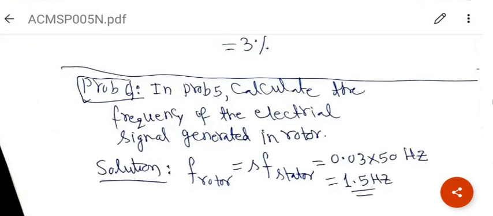But as rotor starts rotating, the electrical frequency in the rotor starts getting smaller. And this formula is based on simple relative motion between the two. So F rotor is slip times F stator. And slip is already known as 0.03. Obviously, you will use the relative value, not the percentage value. So rotor frequency at a slip of 0.03 is 1.5 hertz if stator frequency happens to be 50 hertz. Simple calculations without needing equivalent circuit.